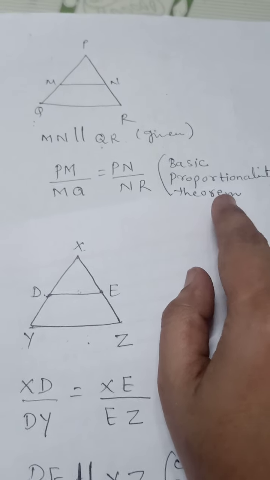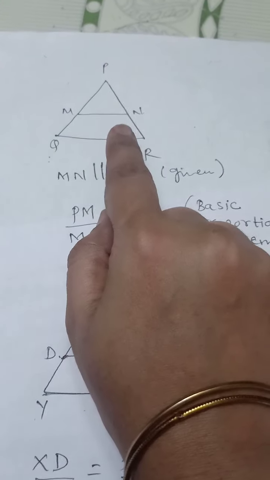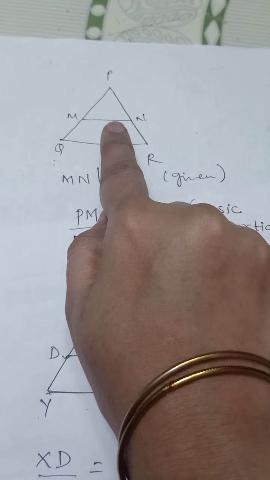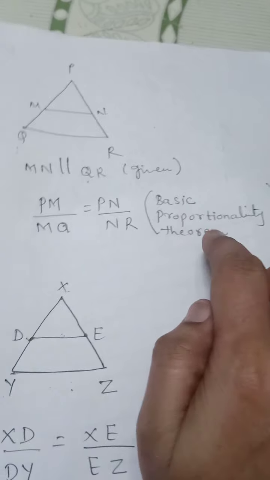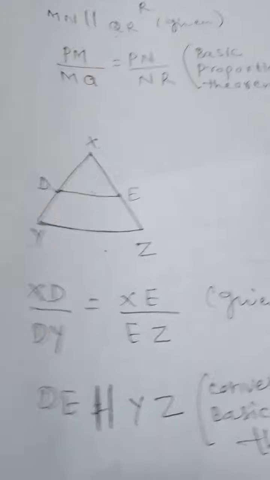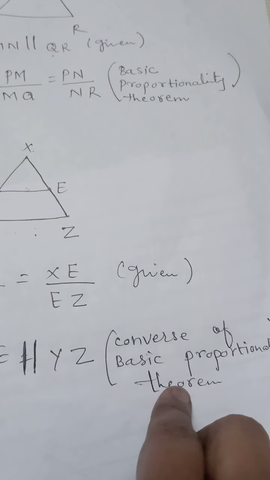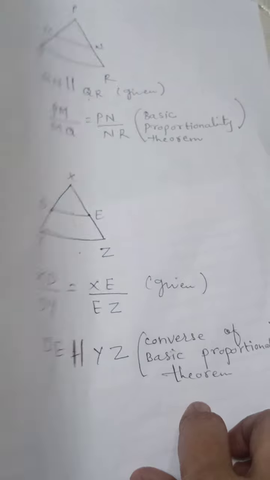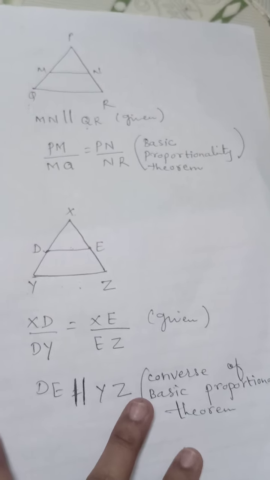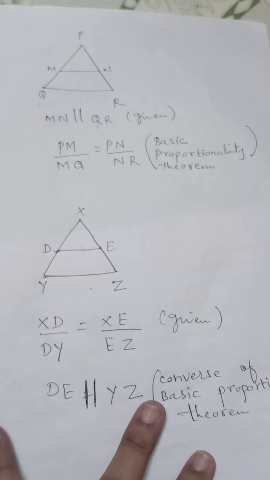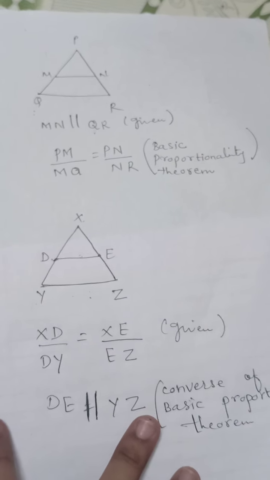It is very easy. You have to remember, if it is already given to us that a segment or a line is parallel to any one side of a triangle, then we'll use the reason basic proportionality theorem. And if we are going to prove that this segment is parallel to YZ, then it is called converse of basic proportionality theorem. So I hope it is clear to you. Now we will see practice set 1.2, and we will use these two properties for solving the sums of that practice set.